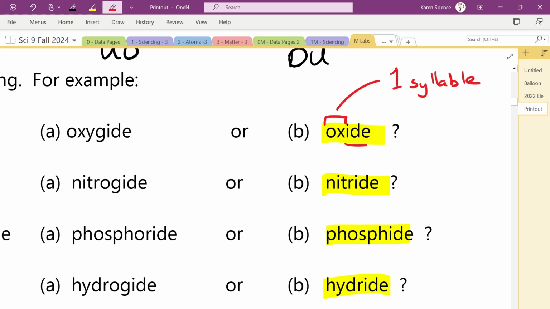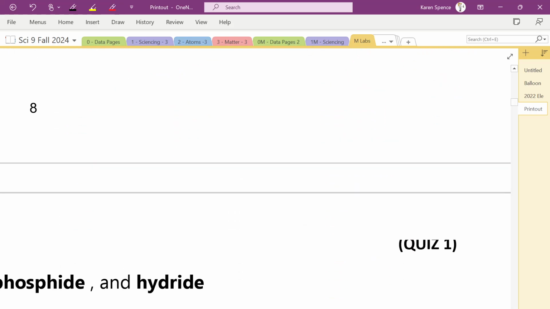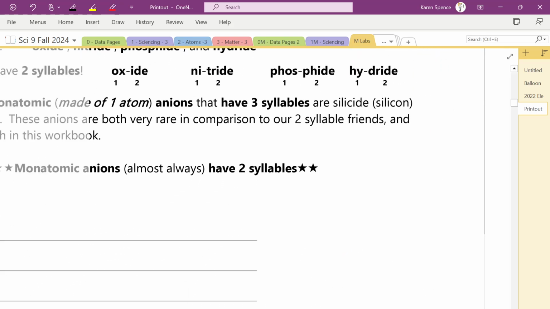And then we have the ide. Not two syllables: oxy, nitro, phosphor. So not two syllables plus ide. Only one syllable plus ide. And other than that,